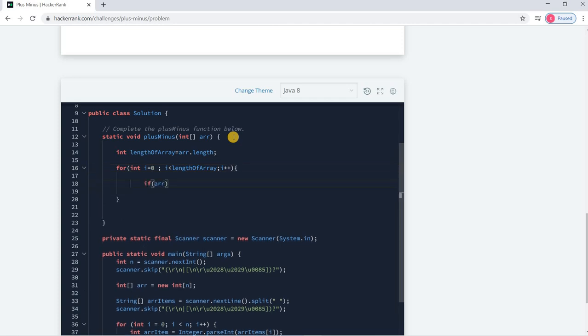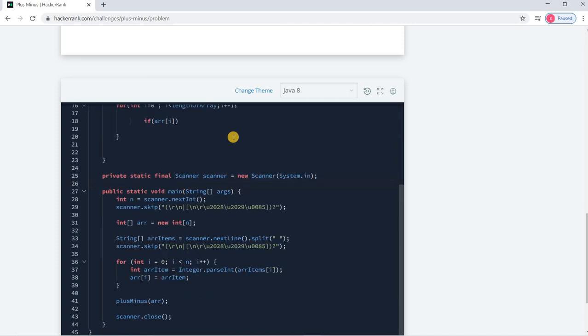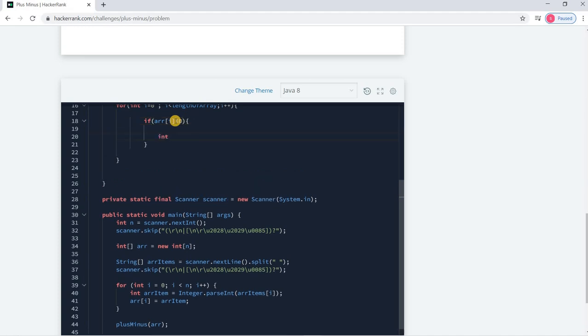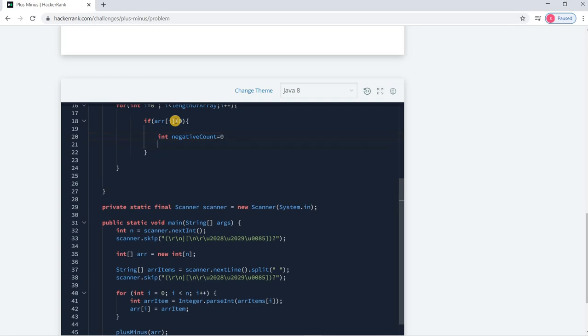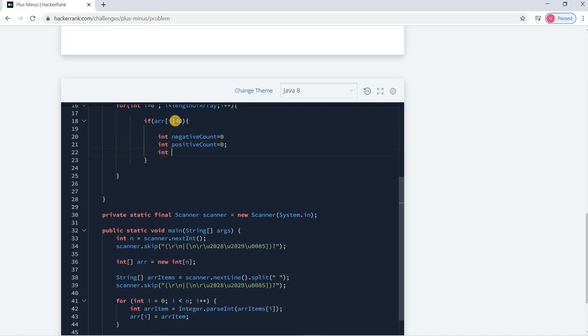If array of I is less than 0, that means negative. So int negative count equal to 0, positive count is 0, zero count is 0.